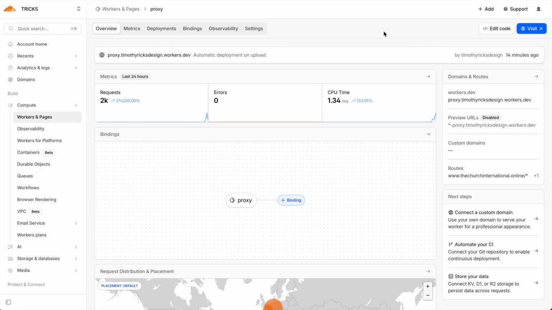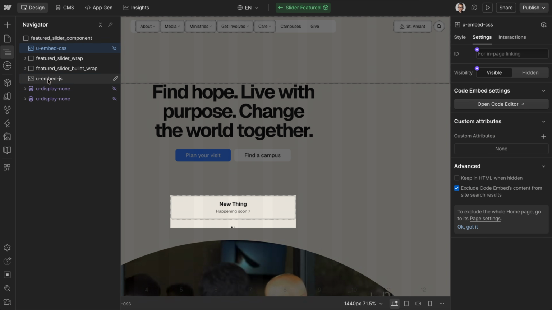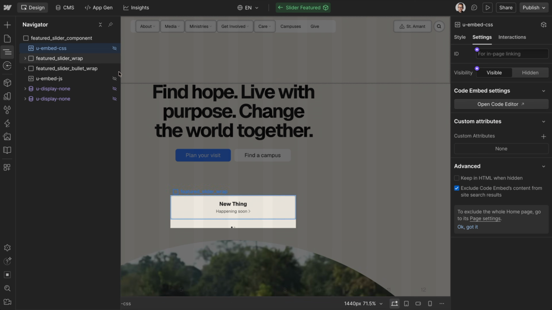In this video, I'll show you how to take complete control of your Webflow site by setting up a reverse proxy through Cloudflare. Even if you're a beginner to Cloudflare, I'll cover each step you need to take. We'll look at things like how to render out all the items in our collection list instead of only the first 100, how to have our CSS and JavaScript automatically moved out of our component into